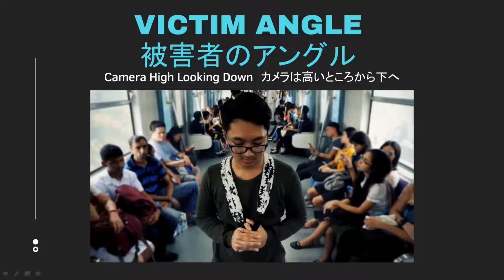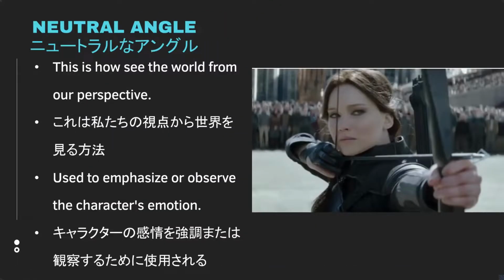Okay, so let's talk about these angles one by one to better help us guide in the shots that we're going to do in the future. このアングル一つ一つを解説することによって、何をこれは伝えているのかということを教えます。Okay, so with this neutral angle or eye level, we look at the world from this perspective. この目線のアングルというのは何を伝えるかというと、私たちの視点がこの世界観を見ることですね。Okay, so when we're composing our shot, eye level is what we're always used to. この私たち目線のこのショットを撮るというのは、これは通常とか一般的なものとなります。Okay, so we use it to emphasize or observe the character's emotions on his face or facial gestures. これキャラクターの感情であったり何を強調しているかということがこれよく分かるように使用されますね。